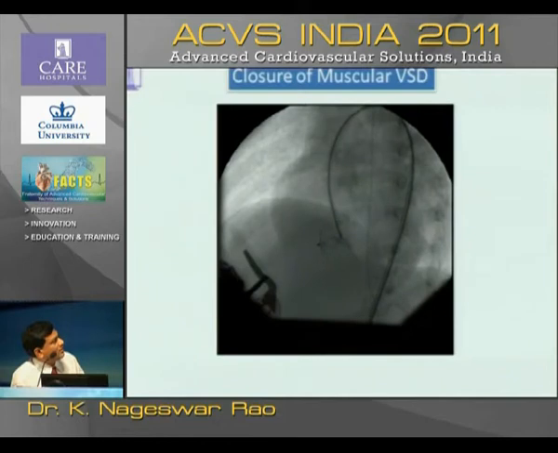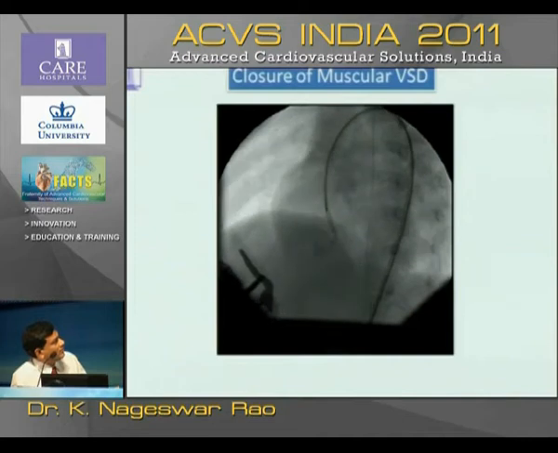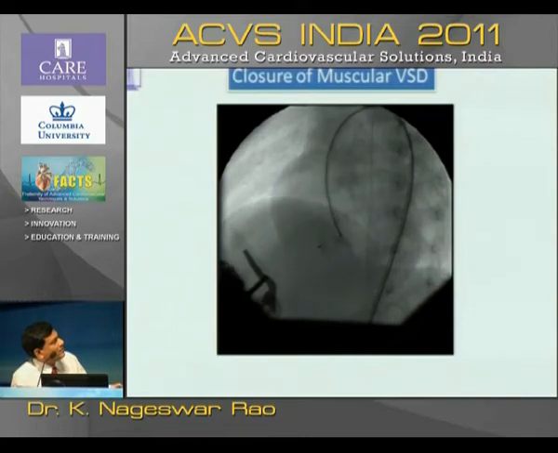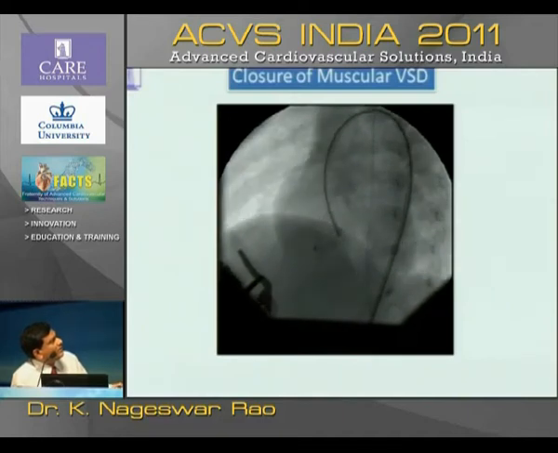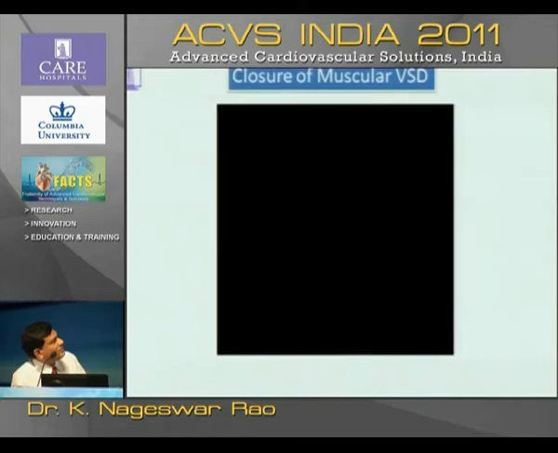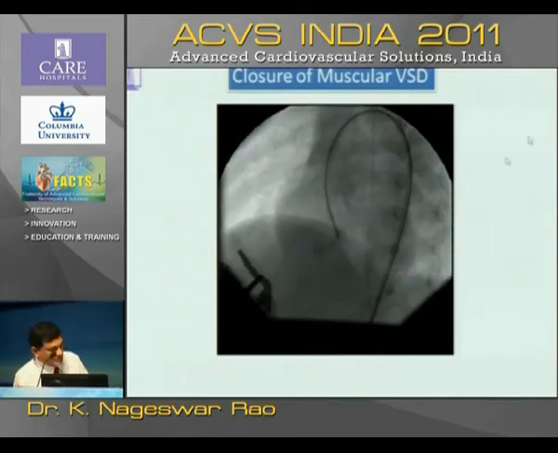So once you are confirmed, then you can advance the cable a little bit further from the sheath so that the LV disc can be deployed. This is very important because when you are deploying at the membranous location, if you withdraw the device, you may deploy at the aortic wall level. Hence, it is important to push the cable rather than pushing the delivery catheter.